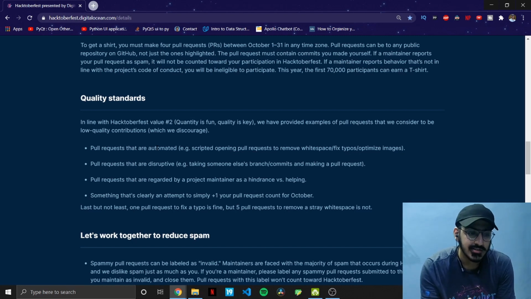So that's not accepted. And being disruptive is also not accepted, that is, making someone else's commit and all. And the third point is that pull requests that are regarded as a hindrance by the project maintainer instead of a help. So that basically means that, for example, you are making a pull request to VLC, and the pull request is of a Python file that says print hello world.